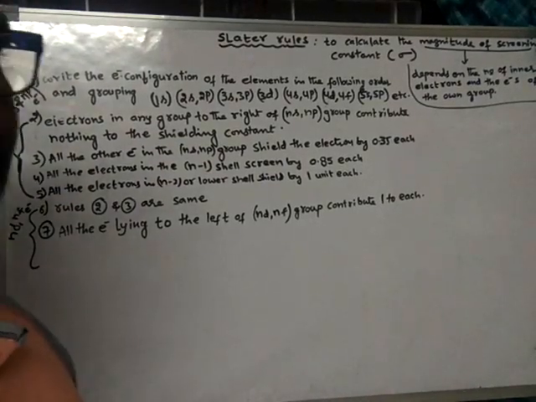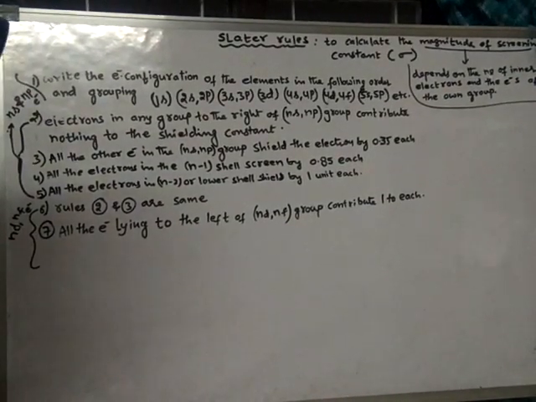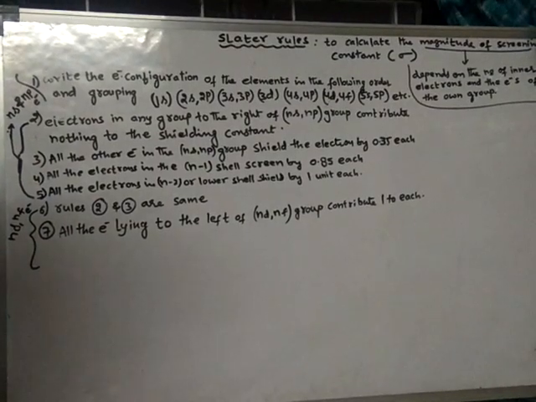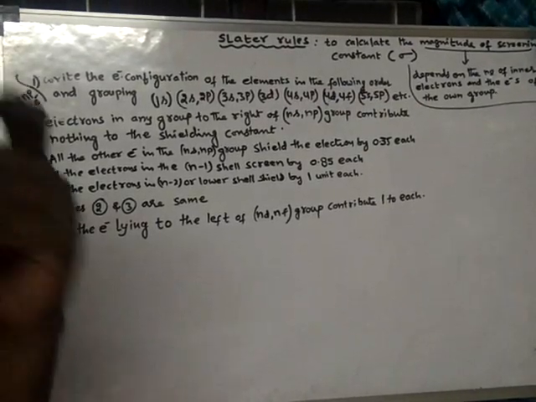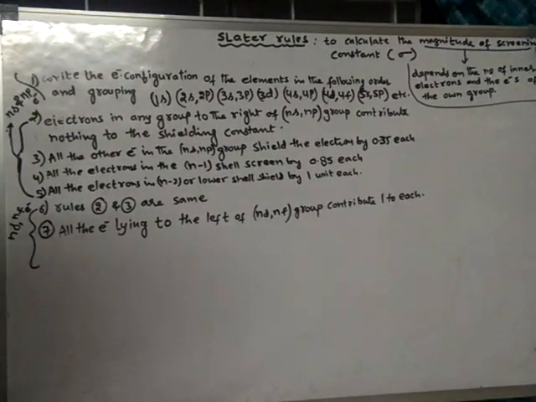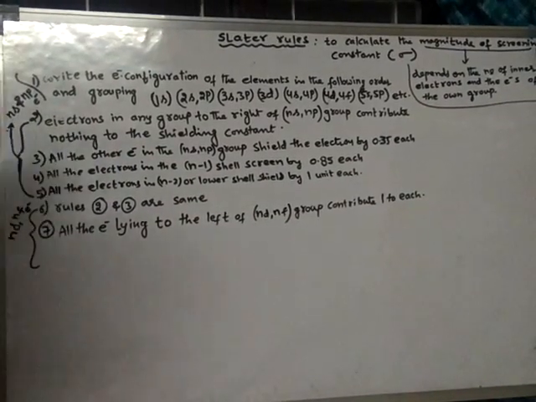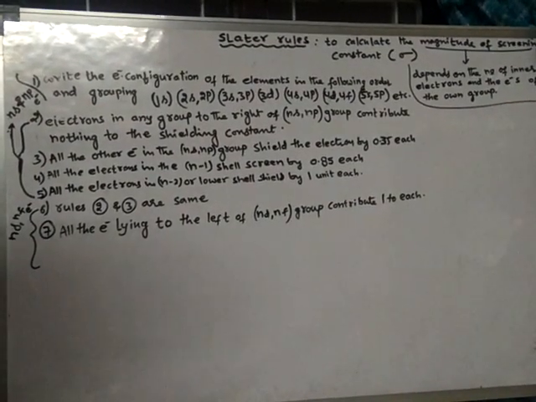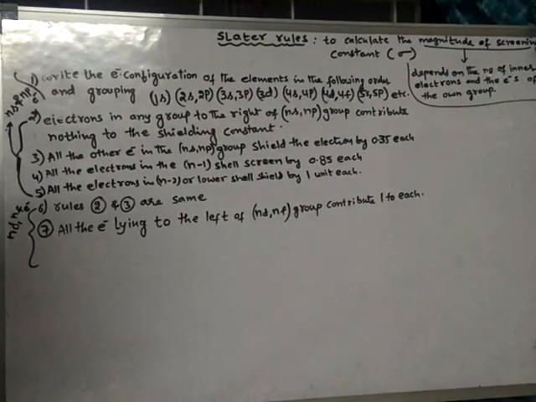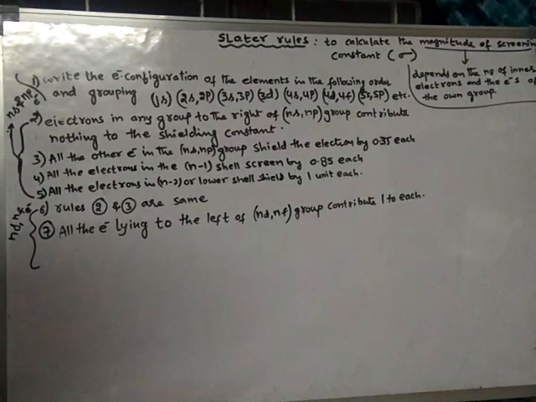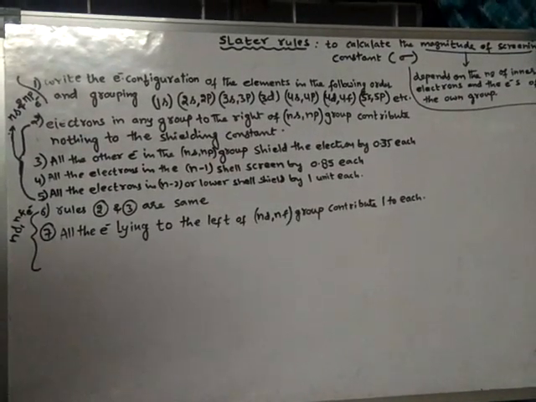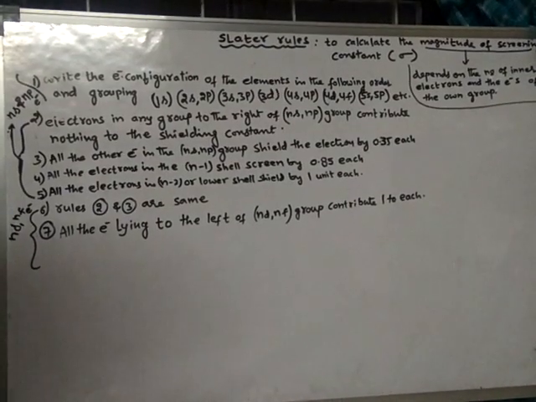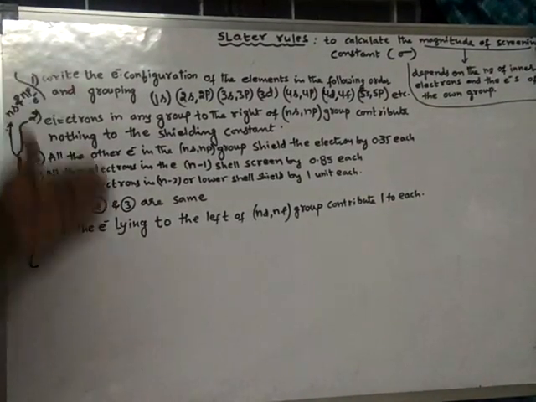In the previous class, we have seen what is screening effect. In order to calculate the screening effect shown by all the electrons, a scientist known as Slater has given certain rules. Yesterday, in the previous class, we have seen those rules. Now again I'm revising those rules because we could not finish them completely. That is why I'm again explaining these rules.